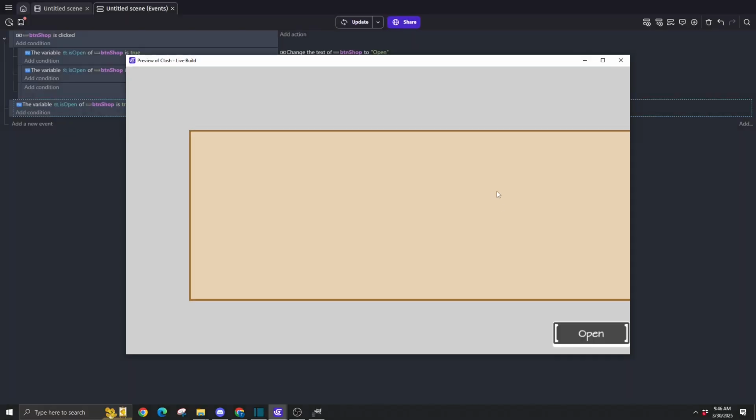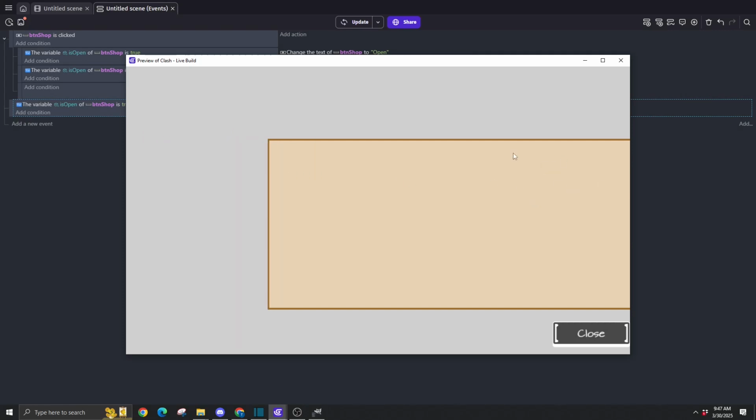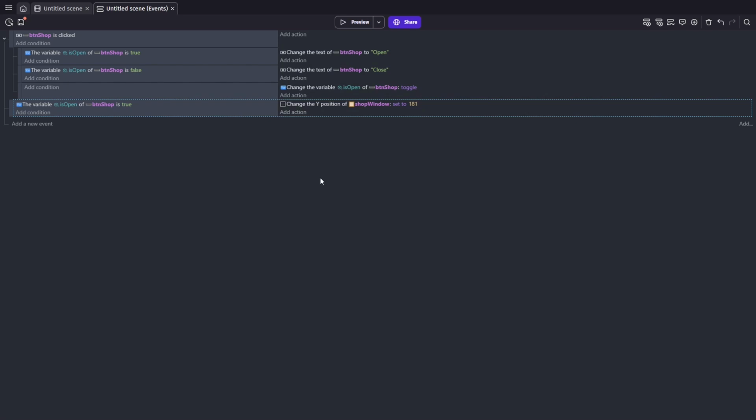And now if we preview, we can still move our store around while is open is set to false, but once we click on our shop button, the shop works exactly how we want it to. So now we just need to hide our shop when is open is false, and show the shop while it's true. And as we mentioned earlier in our video, our button shop is clickable should be handling the opening and